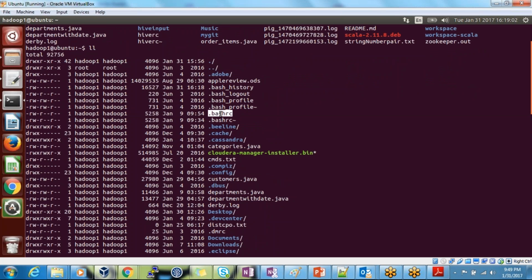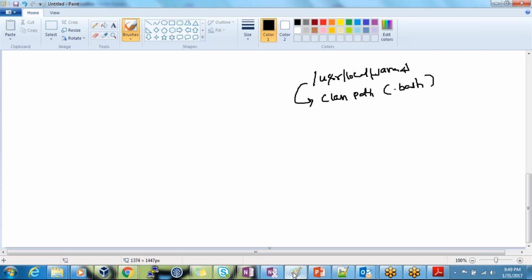What is this .bashrc file? Whenever your terminal is loading, whatever configurations or paths you have set in the bashrc file will be loaded. If you set the path or the classpath there, if you export the path there, it will execute commands like export. You will set the home path. I'm not going to show you the home path here; I'm directly showing the